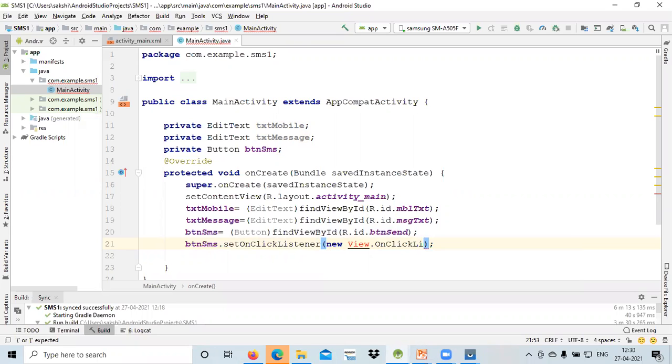Okay, so we are having that on click listener over here, and after that what action we now need to perform over here, we will see. New view on click listener, and after that we will see over here.